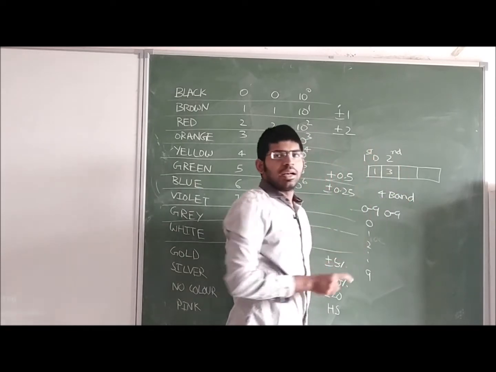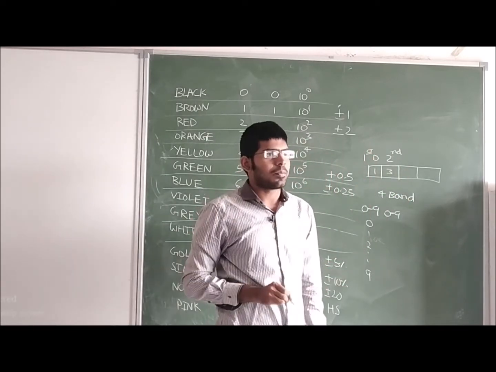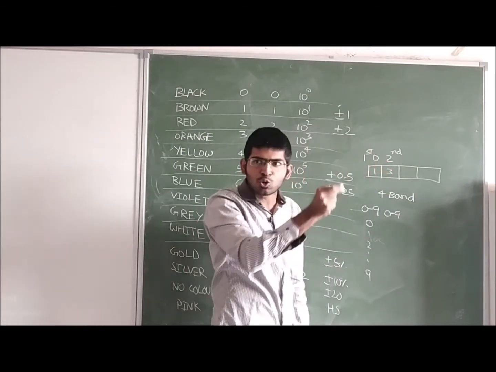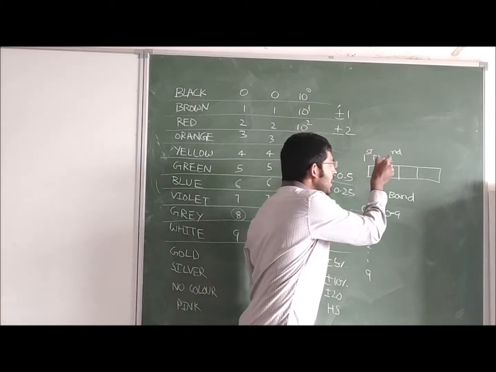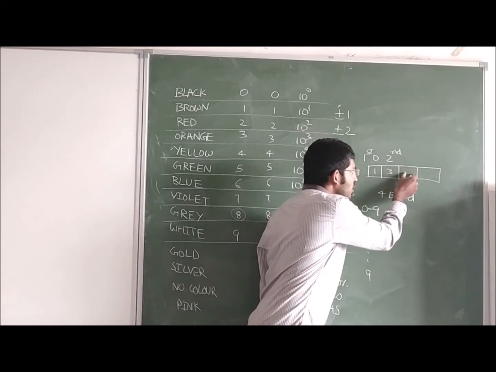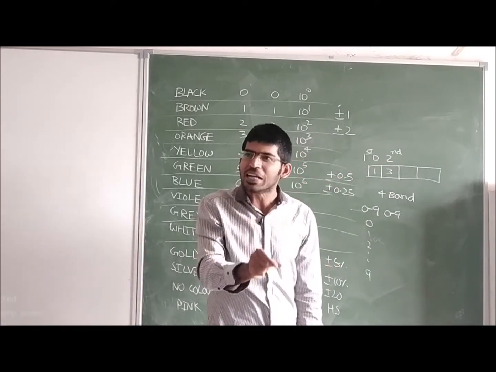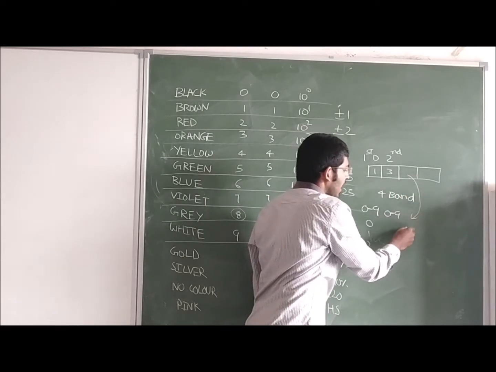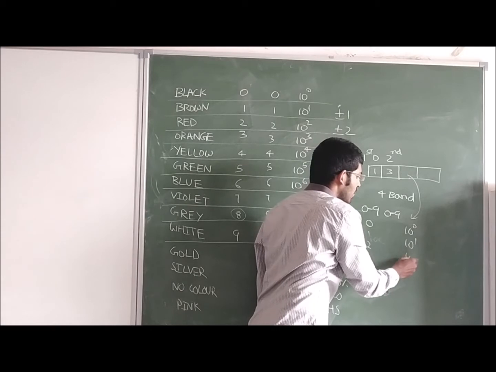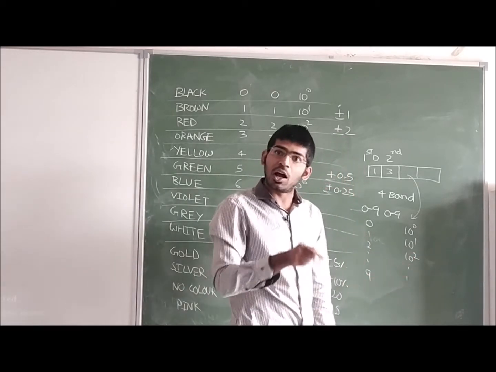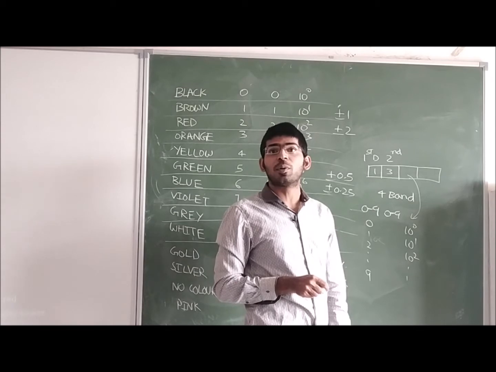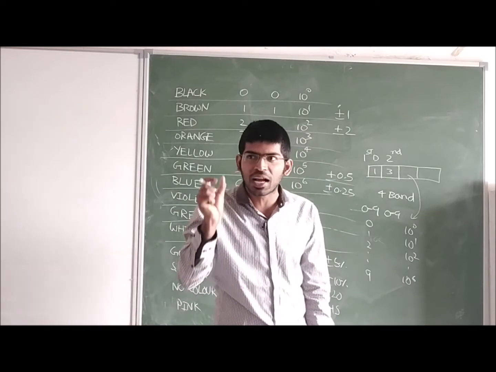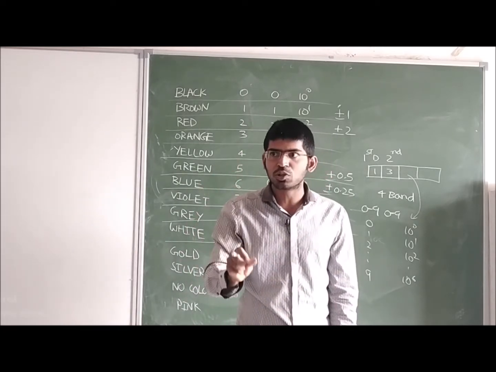The third color band denotes the multiplier. What is this multiplier? Whatever number we have in these 2 boxes, we have to multiply this number with the multiplier. This is a decimal multiplier. What is this decimal multiplier? In the third box we have either 10 to the power 0 or 10 to the power 1 or 10 to the power 2 and so on. We can also have 10 to the power minus 1 or 10 to the power minus 2, up to 10 to the power 6, because we use the resistors in the mega ohms range only. Mega ohms means 10 to the power 6.